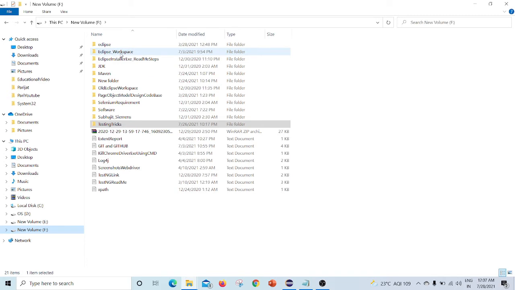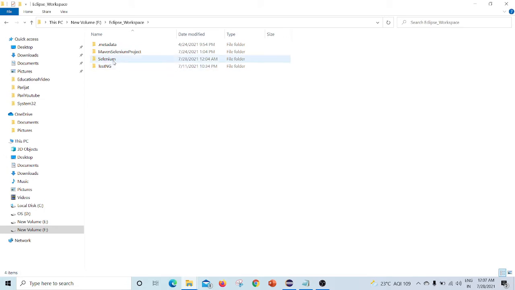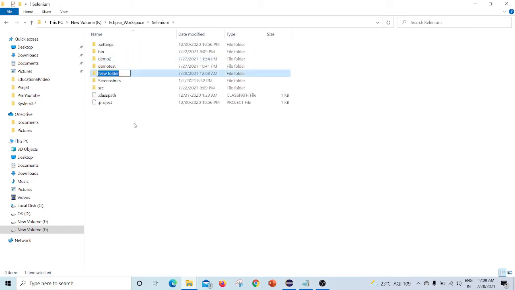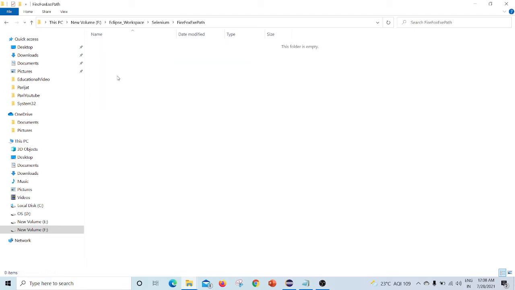This is the Eclipse workspace that I created at the time of Eclipse installation. Inside this Selenium folder, I'll create another folder named Firefox exe path, and under this folder I'll paste it.